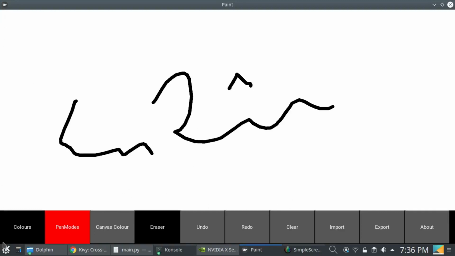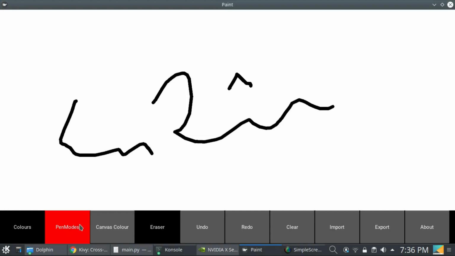And I have used an invisible widget here, which is a layout. I have used many layouts here. Here I have used a layout in which buttons are arranged. A layout is a special type of widget which can arrange our widgets in an orderly manner. I have used a layout where buttons are arranged, and these buttons and this widget are arranged in a box layout, etc.